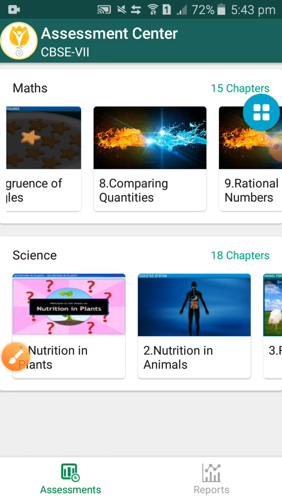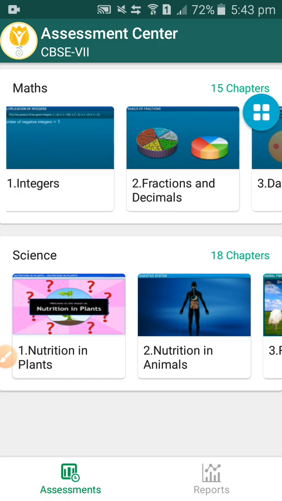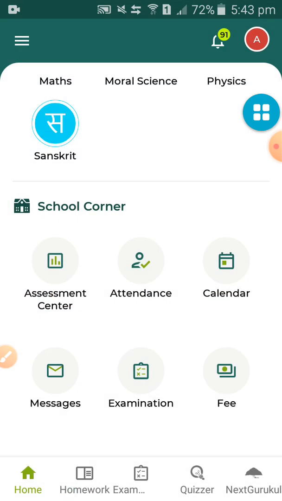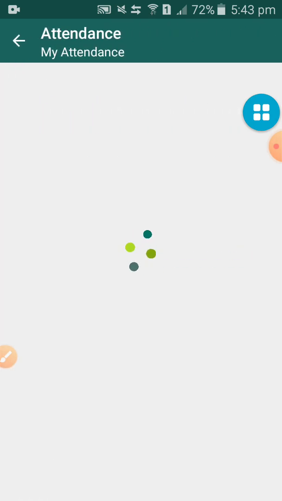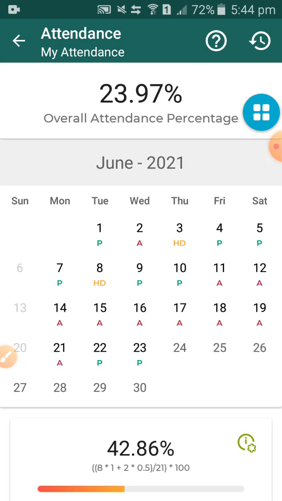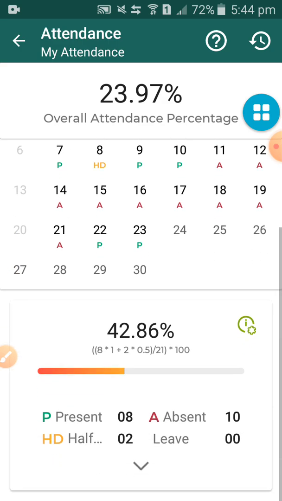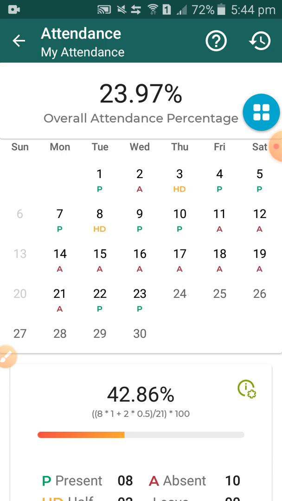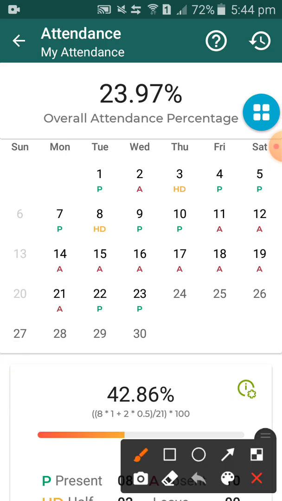Then there is the attendance. It is very nice. This is the app option I like the most, as the attendance option is there. You can check the attendance by yourself. Like this, you can see whatever present is there. Absent, my 10 are there, because in the middle our summer camp was going on Google Meet, so I was not attending over here as no class was there, so that's why it's showing. Don't mind it.